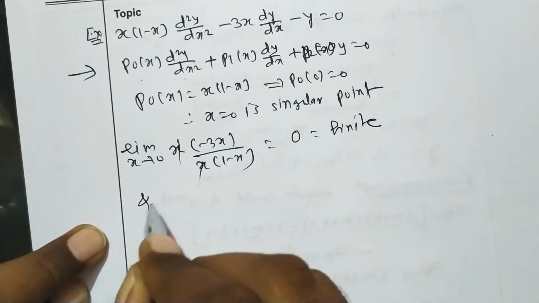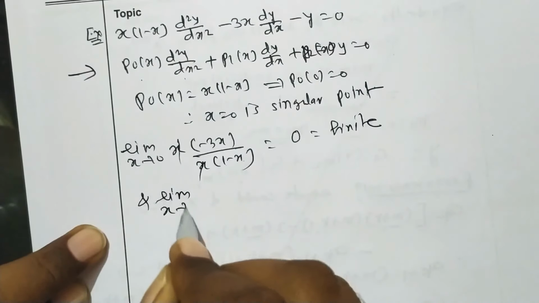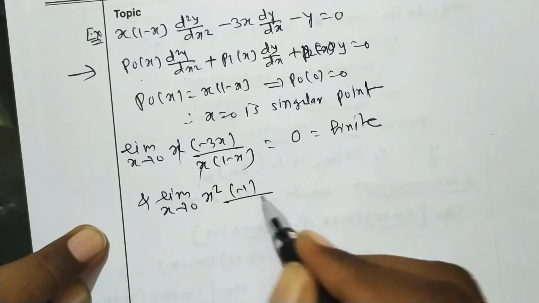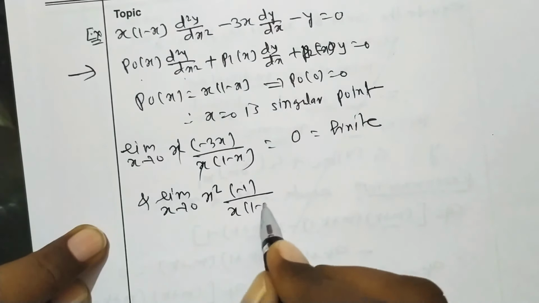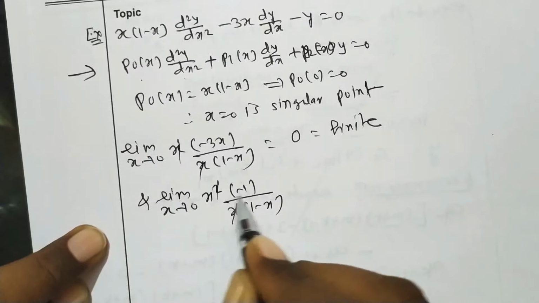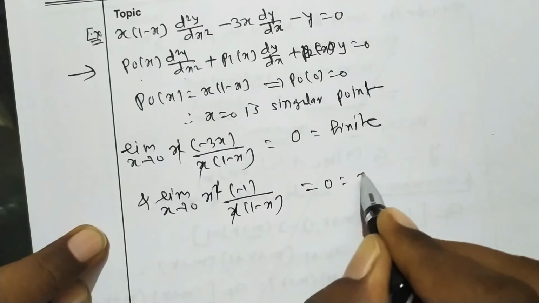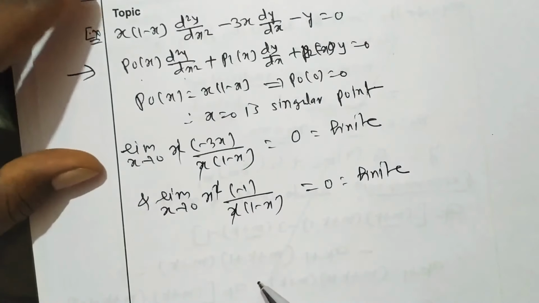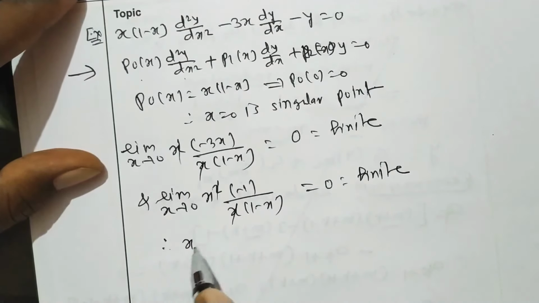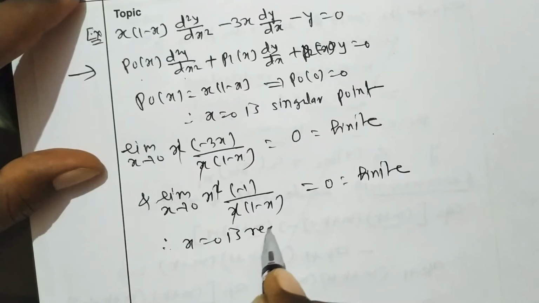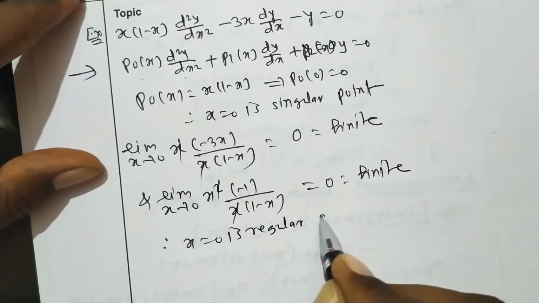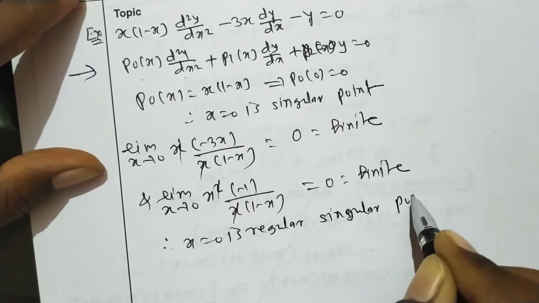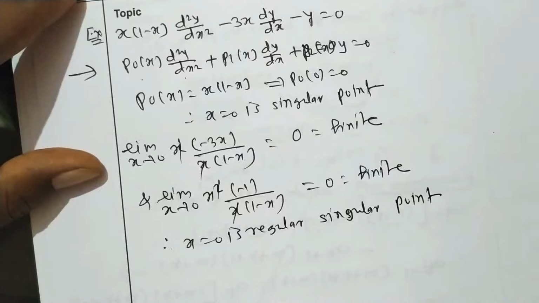Okay, and the second condition is the limit as x tends to 0 of x² into p2(x). p2(x) is minus 1 upon p0(x), x(1 - x). So again this one x gets cancelled, x upon 1 minus x, so the limit is 0. This is also finite, so both limits are finite, and therefore we can say that x = 0 is a regular singular point. And if x = 0 is a regular singular point, then we have